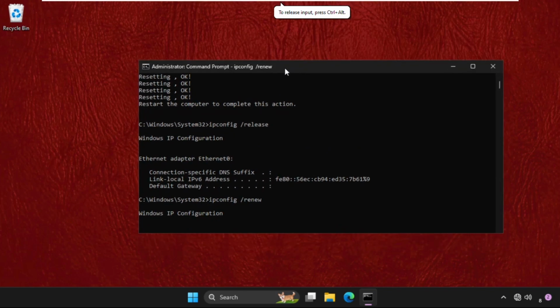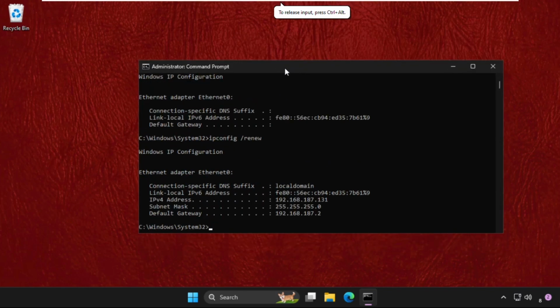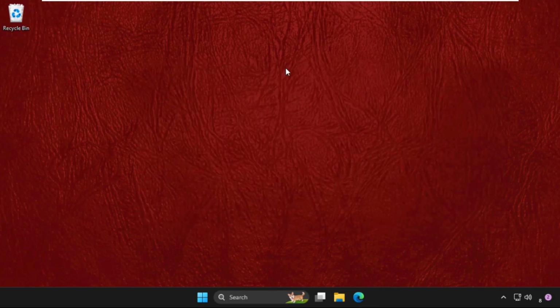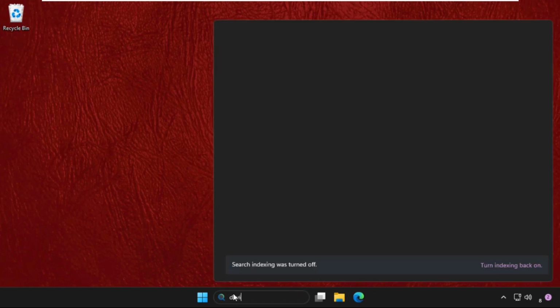Then we need to wait for some time to complete the process. Then type in ipconfig /flushdns and hit enter. Once done, type exit, close the command prompt window, then go to device manager,